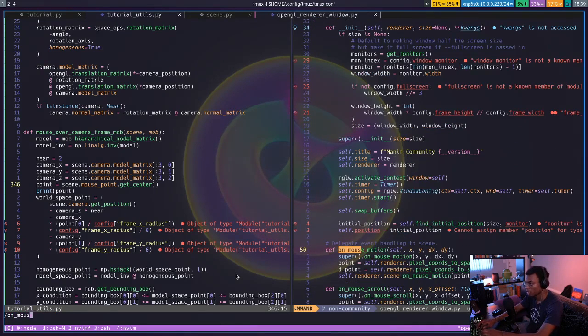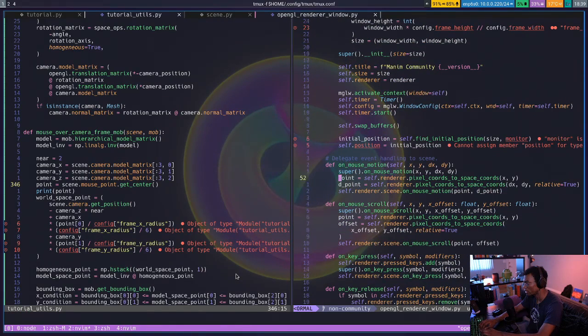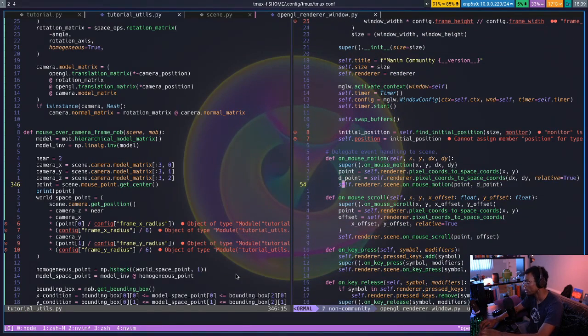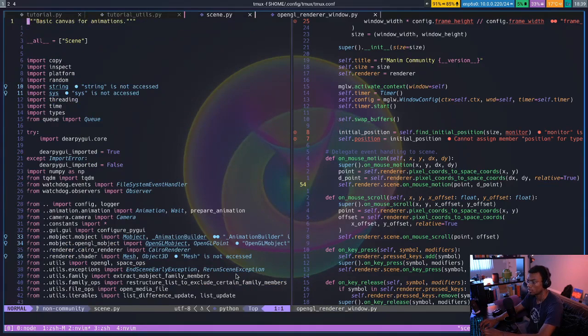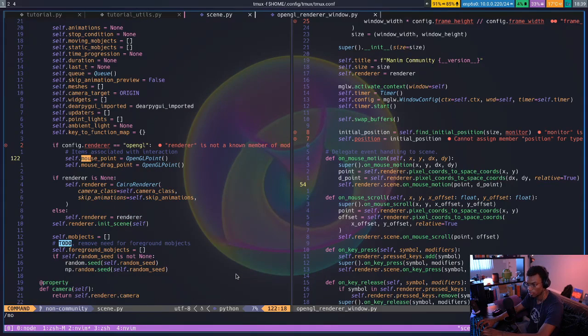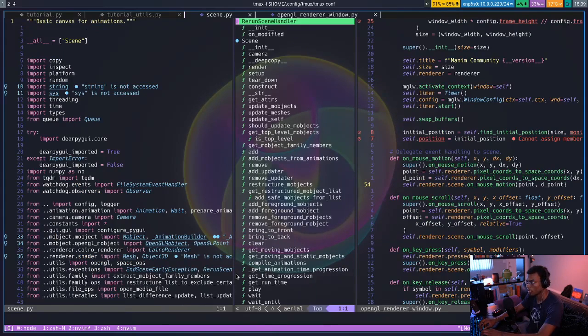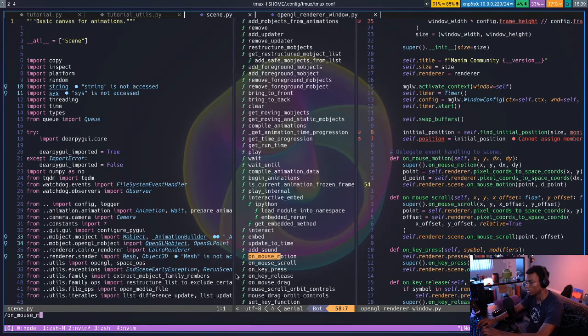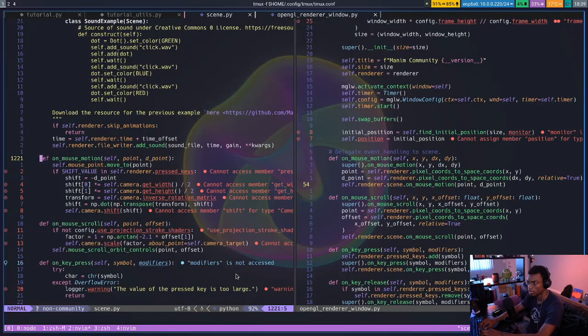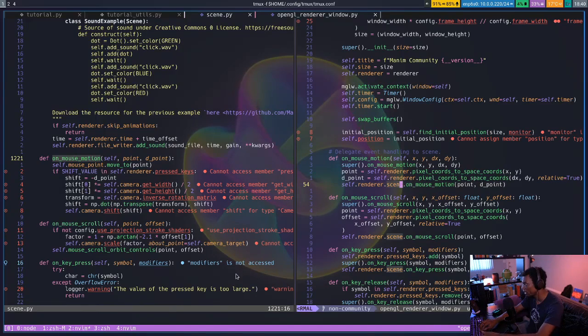It's an on mouse motion. It's called here, and this is gonna call this one. On mouse motion, this is gonna set that point. So the point passed here, on mouse motion, comes from here, which is this point, from